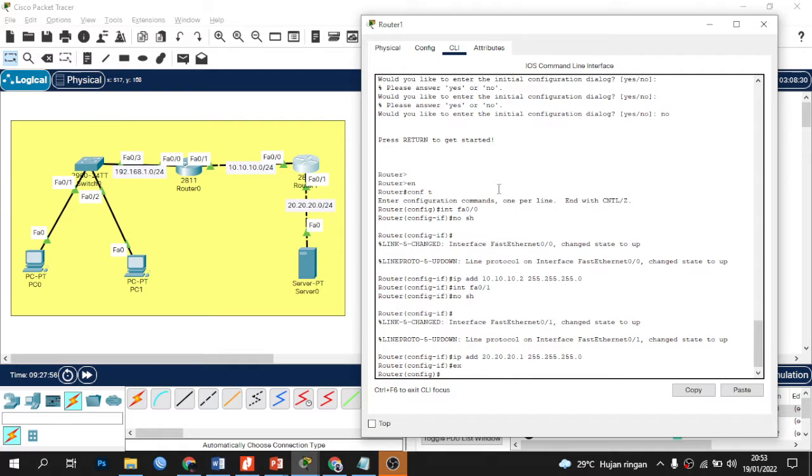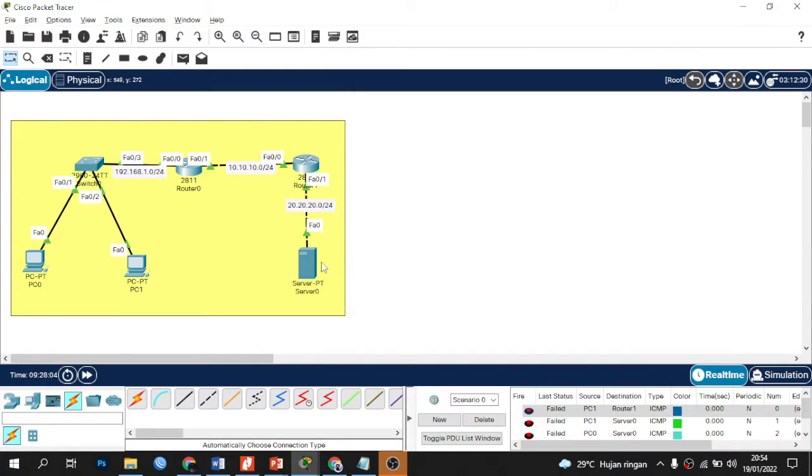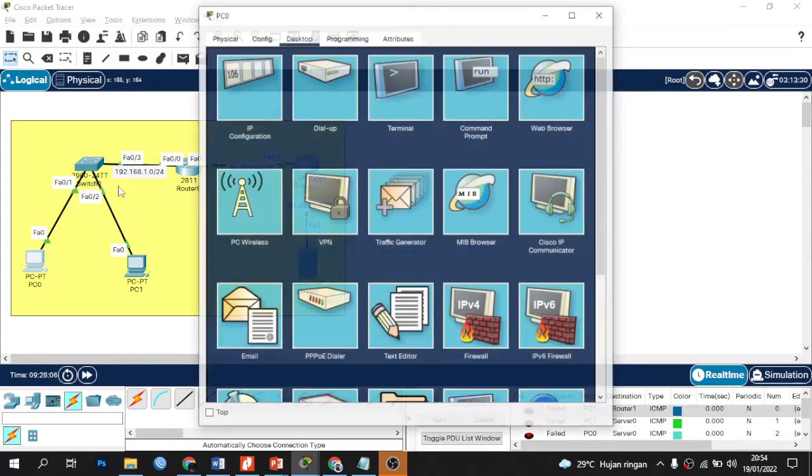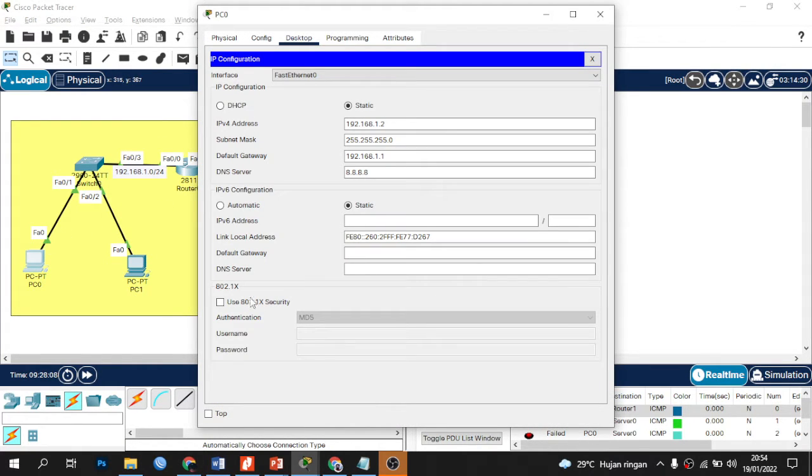Okay, after that, add IP on each PC and the server. On PC 0, I add IP 192.168.1.2.